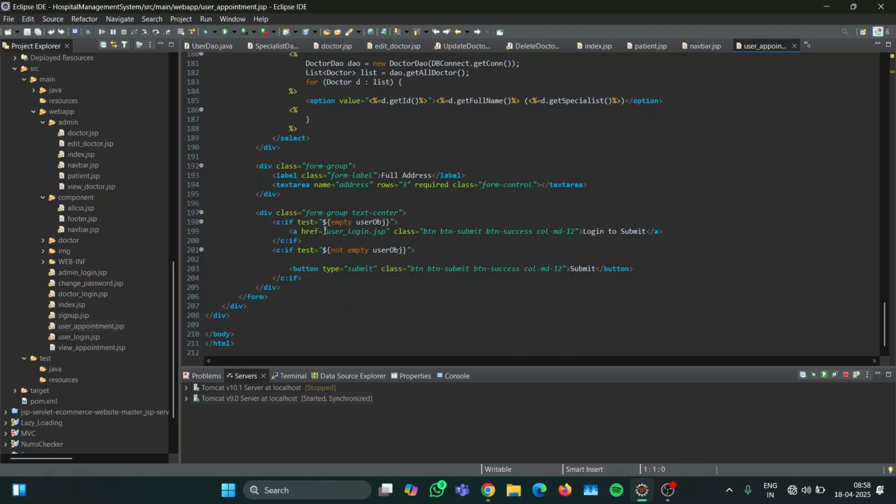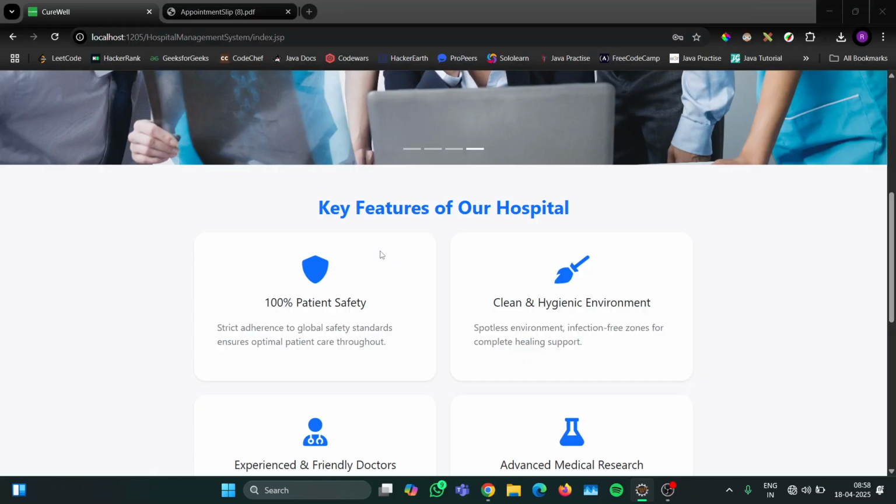That means we cannot allow the user to fill the appointment form. We have to say login to submit, which I have shown you earlier when we were displaying the demo of our project. And if the user is not empty, then he is allowed to